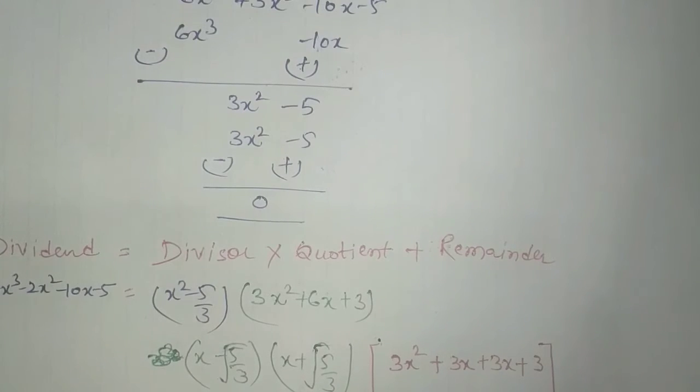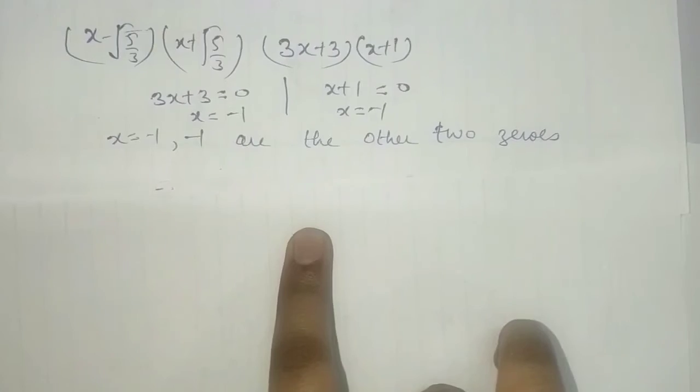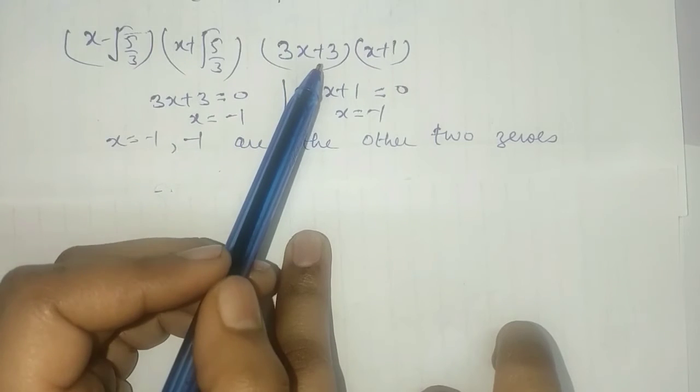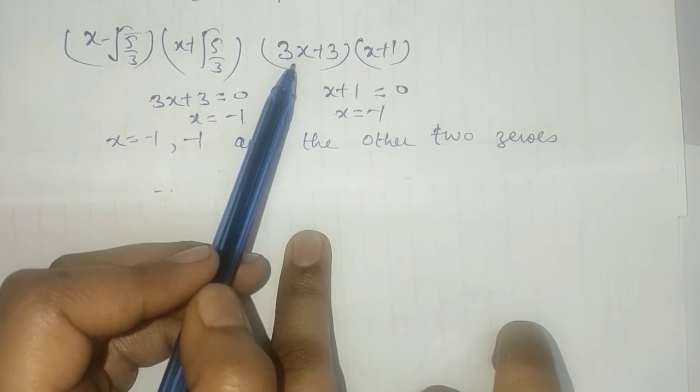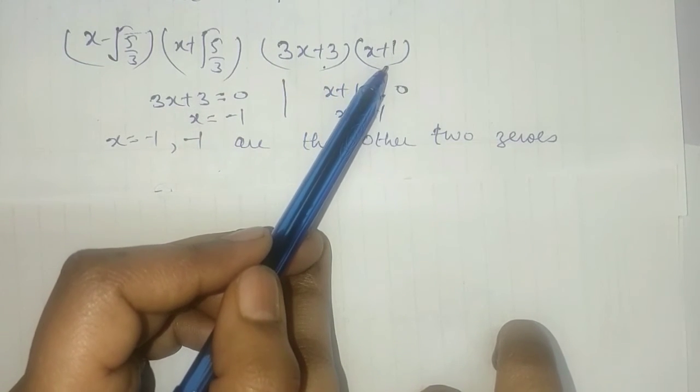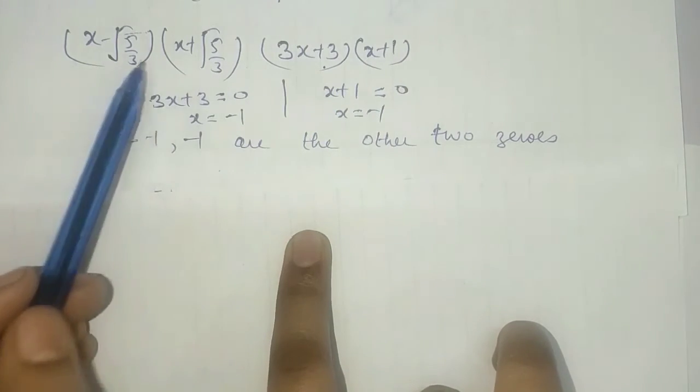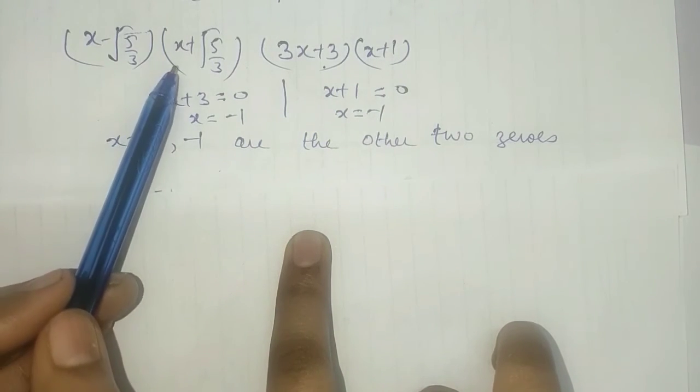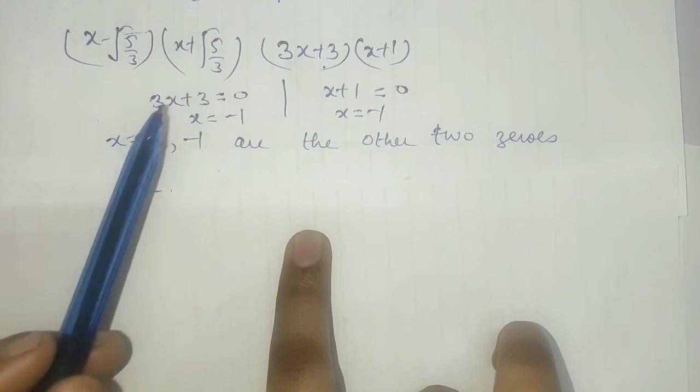into the two factors by splitting the middle term or factorization. So this becomes 3x square plus 3x plus 3x plus 3. Splitting method is already discussed in the last video. And factorizing, we have 3x plus 3 and x plus 1 as the new factors. These are the old ones which we are given in the question.